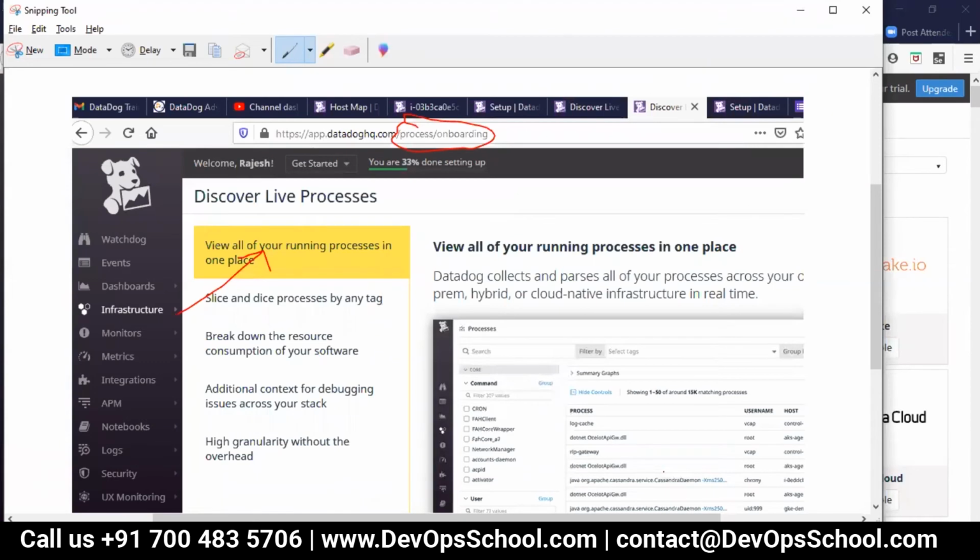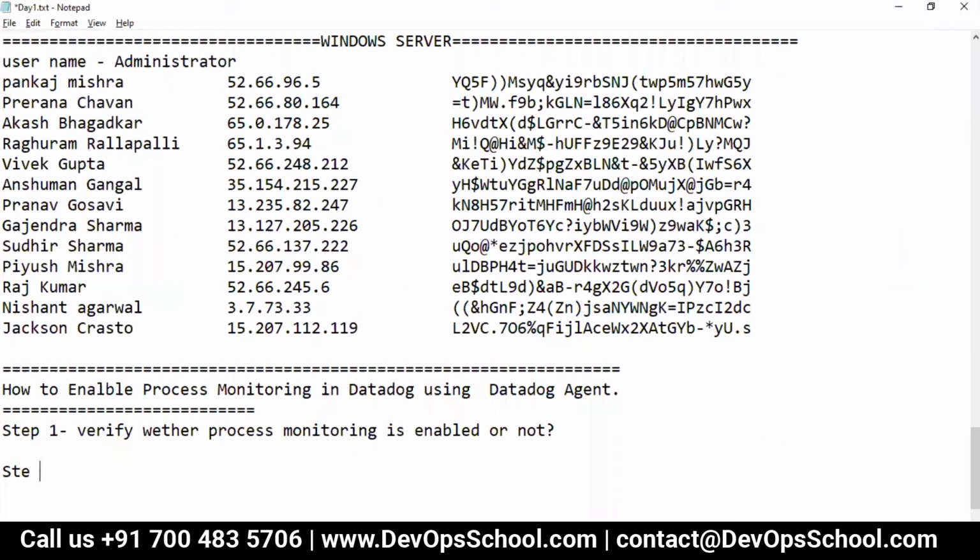Now the question is how to enable. So the second step is to open your datadog.yaml file and make the following entry. Now, how can you do that? So let me show you rather than talking.